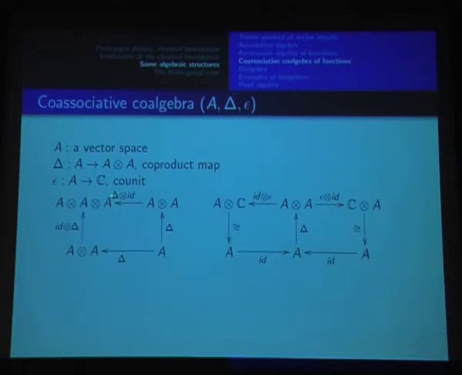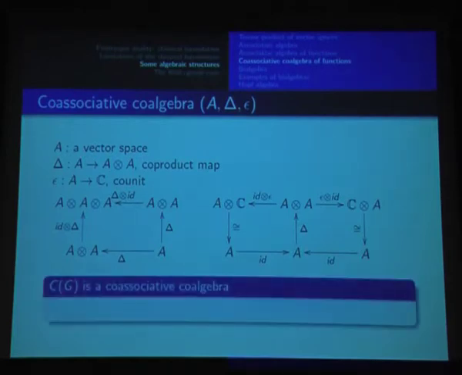So earlier we had a map from here to here and A tensor A to A, such that that diagram commuted. Of course, now we demand that the entire thing is reversed, all the arrows are reversed in this picture also. So, CG is a co-associative co-algebra. So, we need to specify a co-product map and co-unit for this one. So, co-product is given by,